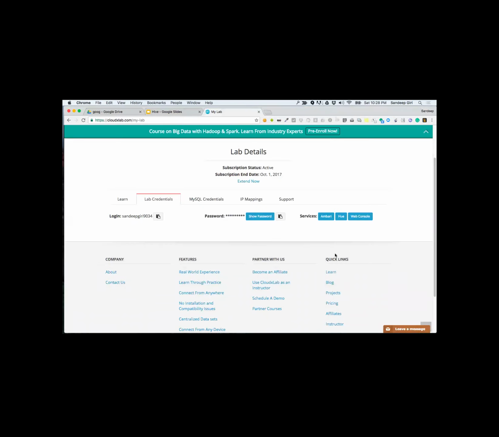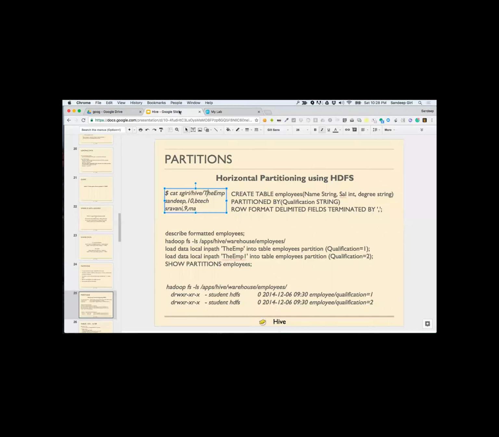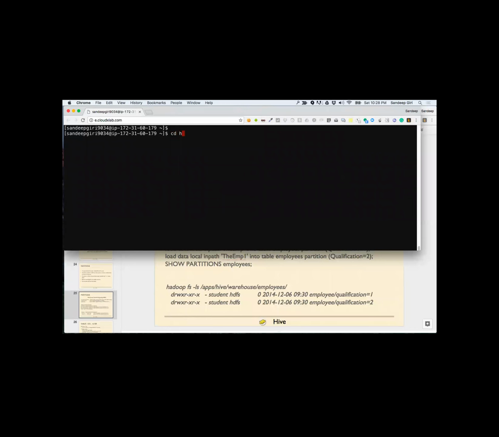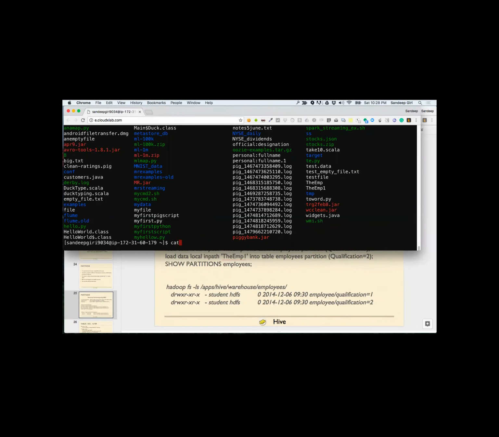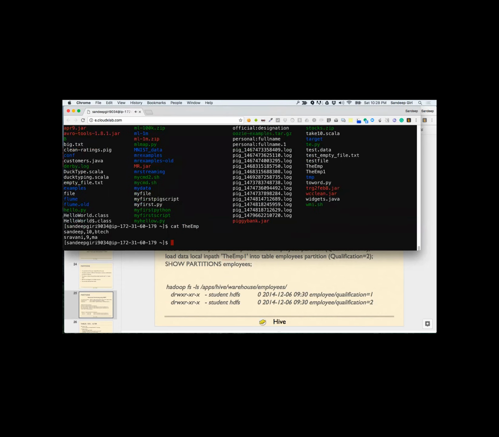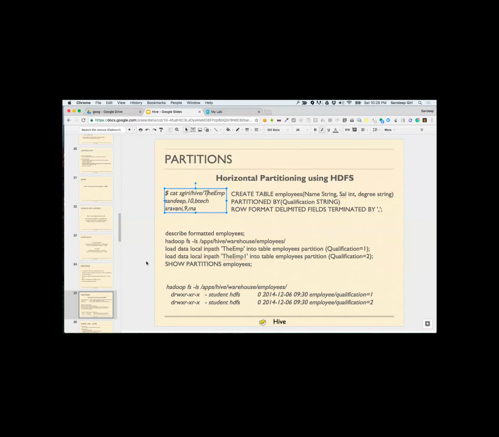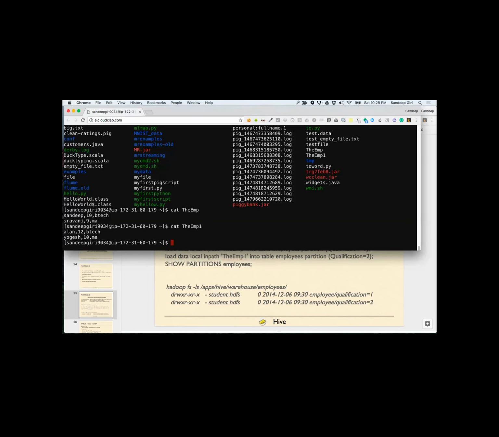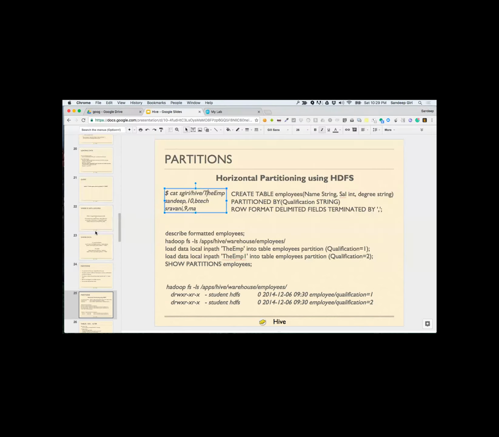All right. So here we are. Let me see if there is cat. All right. So there is the emp file and there is another file called emp1. All right. So there are two files. One has 3 columns. And second one also has 3 columns. Okay. So you can see that. So emp and emp1 both are comma separated files having three columns each. Okay. So let's say we create a table called employees and load this data there.